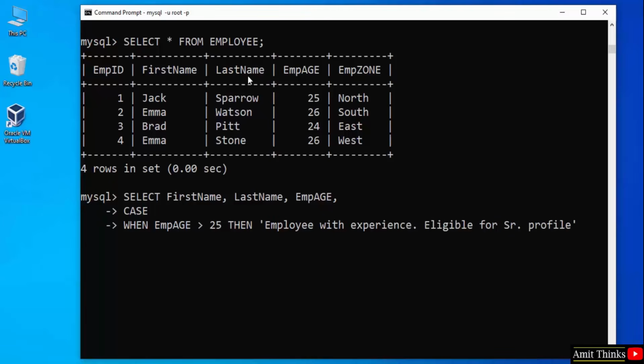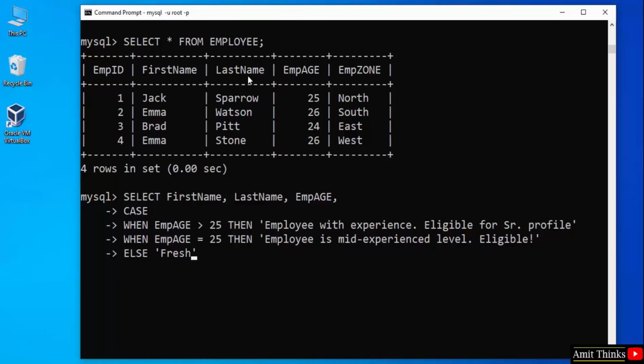Now press enter for the second condition. When emp age is equal to 25, let's say, then employee is mid experience level eligible, let's say. Now let's move further and mention the else freshers. That means less than 25, that means it's a fresher that is new to the company. It's fine now. Now press enter and mention end as